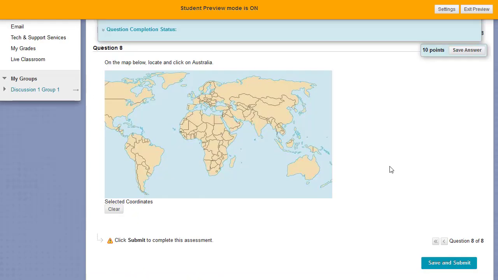Now lastly, here's a hotspot question. Hotspot questions allow you to upload an image and ask students to click on the correct item range. So here it says that they should click on Australia. So as a student, if I click on Australia, that's going to be submitted as my answer, that click and